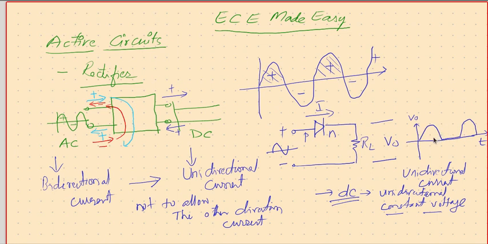That means low frequency or zero frequency only should be allowed. Any frequency other than zero should not be allowed. That means something to do with a low pass filter is our next requirement. So if we can apply a low pass filter to this, then yes, we can expect a better output than this.